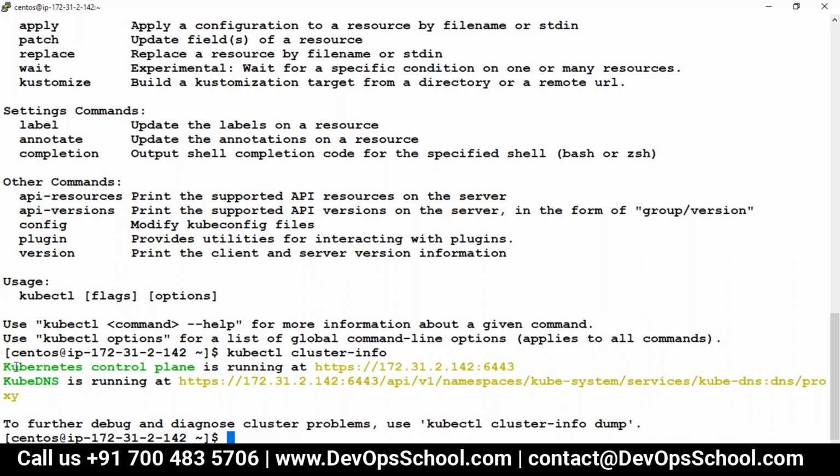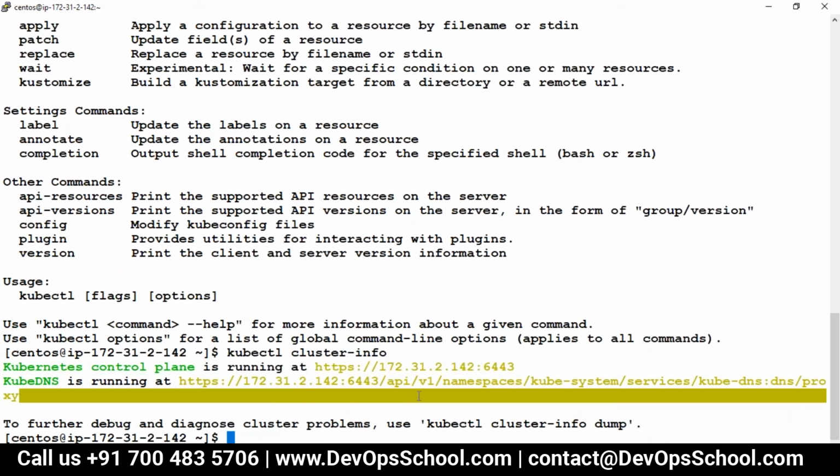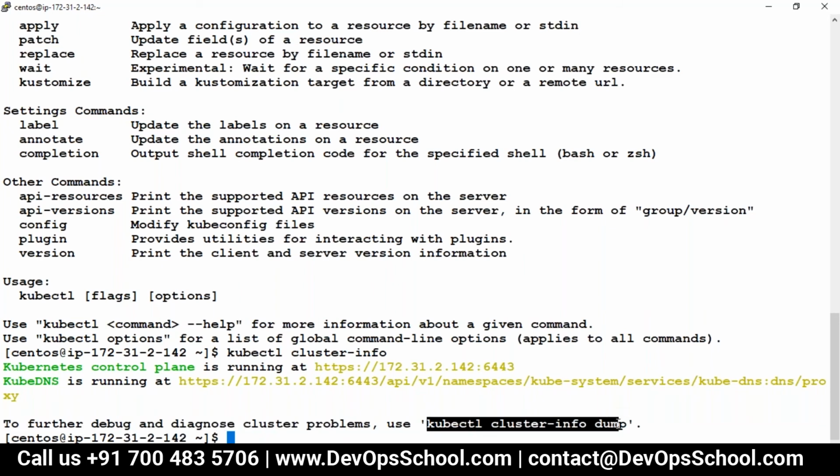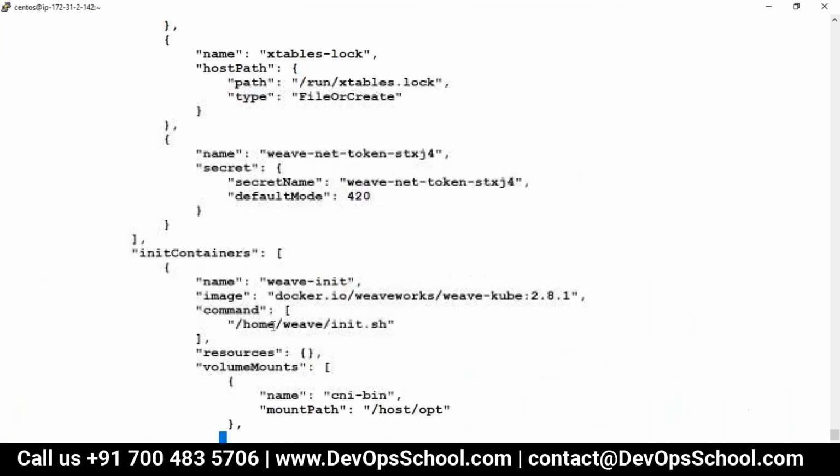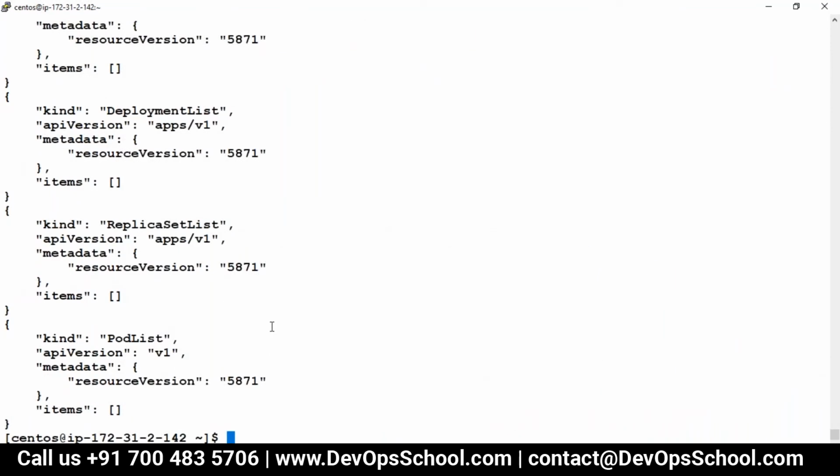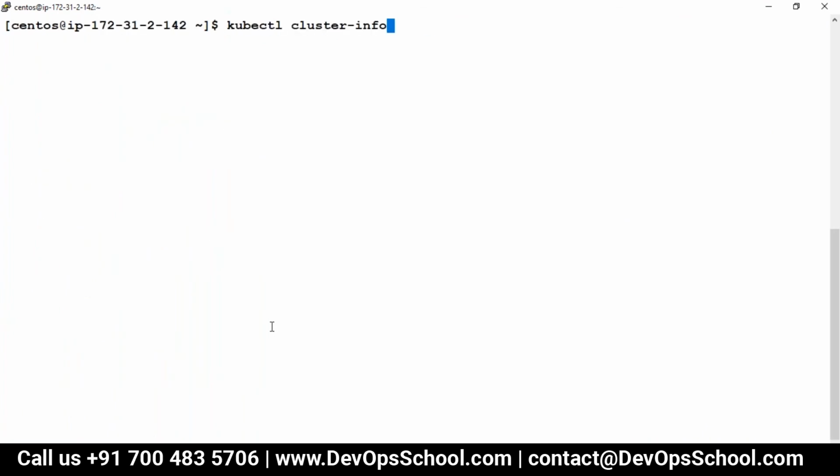Control plane is running at this address, DNS is running at this. Wonderful. If you want the dump for debugging and all, you can run this command also and you get the dump. So much information.